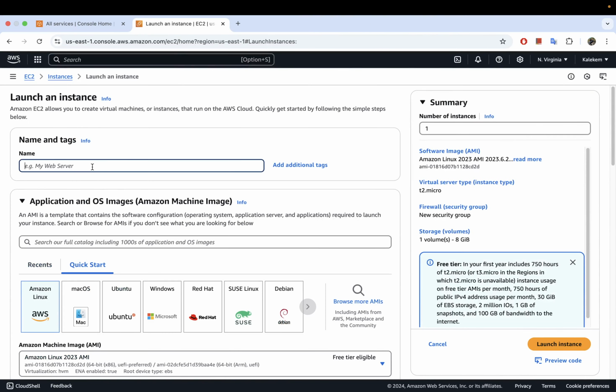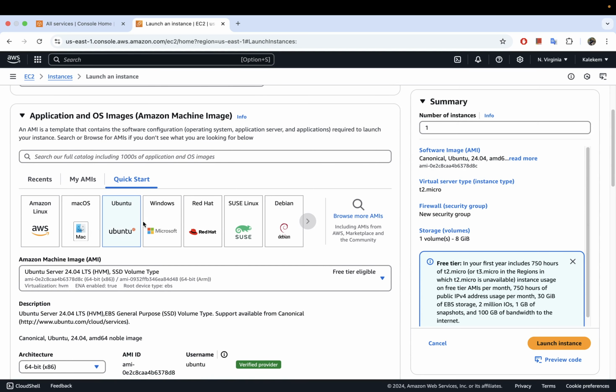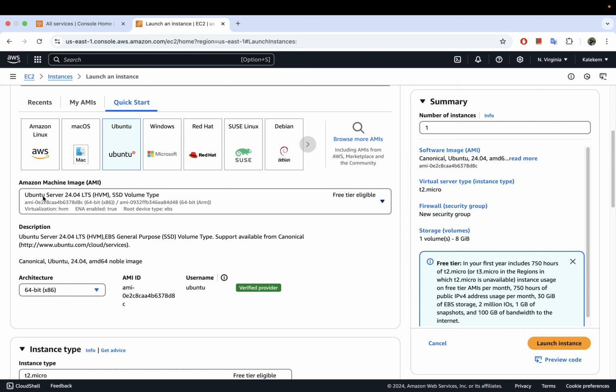Okay, so again this one we are just going to name this Ubuntu VM, and I'm going to use the quick start one. So I'm going to click the quick start and select Ubuntu from the list here, and here you see it pre-selects for you the most recent image for Ubuntu, and as you can see on the list here we have Ubuntu 24.04, and it also tells you here that this one is free tier eligible,